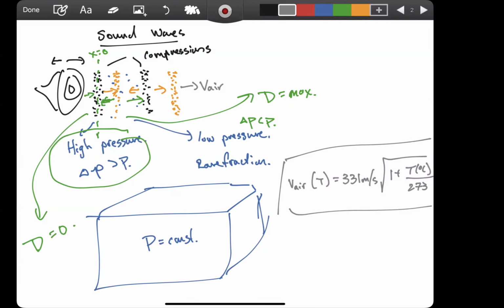So in a problem, typically we'll either give you the temperature, and then from there you'll have to calculate the velocity, or we'll give you the velocity and you would have to calculate the temperature, or we'll just tell you this is the velocity at which it's moving just to make things a little bit easier. But again, ultimately, it's just going to be dependent on the temperature. Now, it turns out that a human being with good hearing, unlike myself,